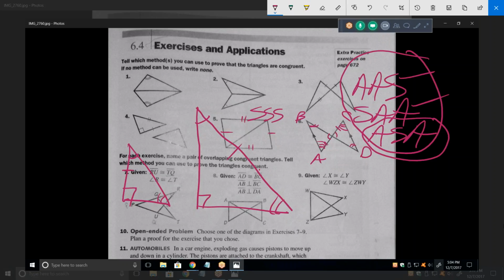So I actually have all three angles equal, so they are similar. They're not congruent. And I didn't mean to do it like this. Hold on. This was not very clear. But if I make this hypotenuse equal to this side,